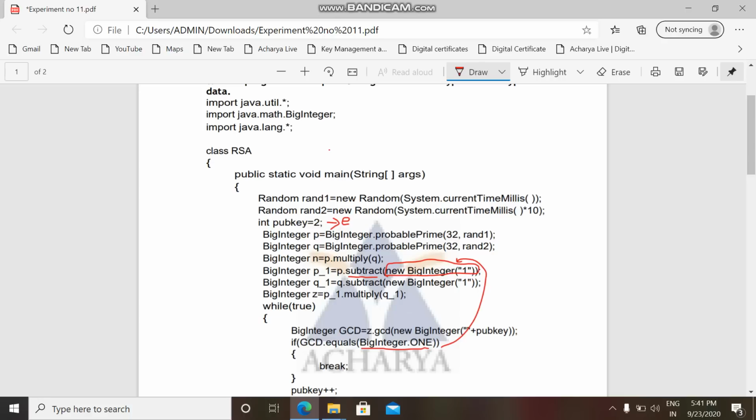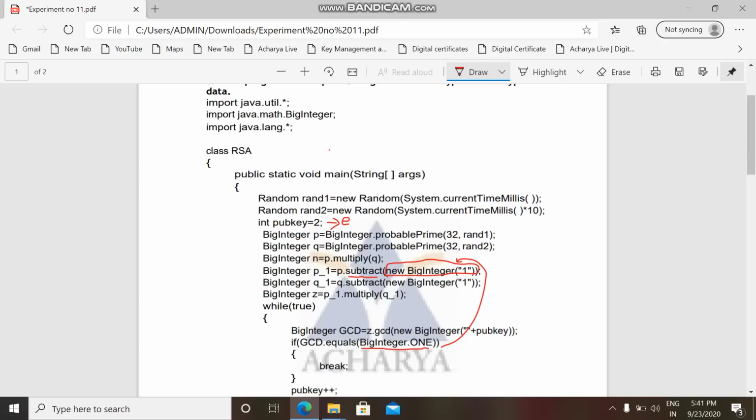As we know, e is also a prime number, so we start choosing e in the range greater than 1 and less than z, whatever the value of z is. Till that range you can choose any value of e where the GCD of e and z should be equal to 1. So we start from 2.